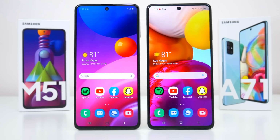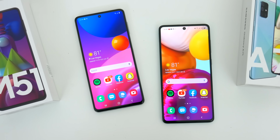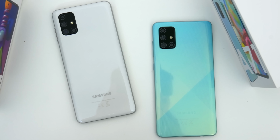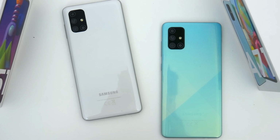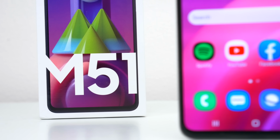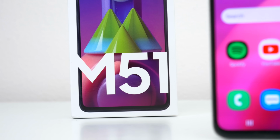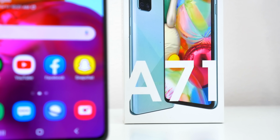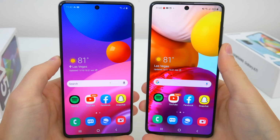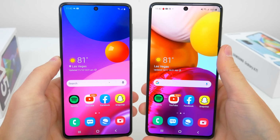Now, some of you guys might be thinking that this is sort of a strange comparison. They're different series devices with different number schemes too, and you probably thought that maybe the A51 would be a more comparable device. But the fact of the matter is, and this sort of spoils the whole video, the M51 is basically just an A71 with a huge battery stuffed inside. That's pretty much it. The rest of the specs and features and things are nearly identical between these two phones,